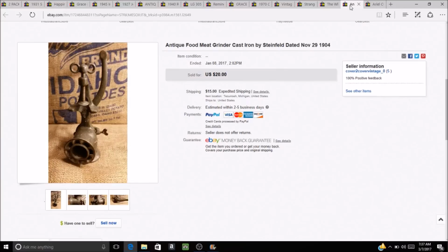Oh, this meat grinder. Yeah. I ended up getting this at the Salvation Army. It was like $3 or $4. I don't remember which one. Sold it for $20. $15 shipping though, so I ended up making quite a bit, or not quite a bit, but decent return. It was, I think, like $9 to send it,